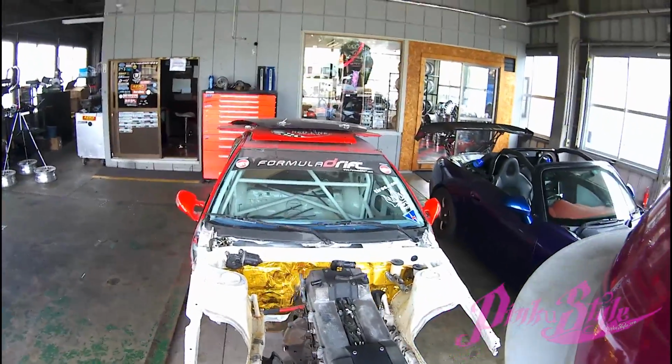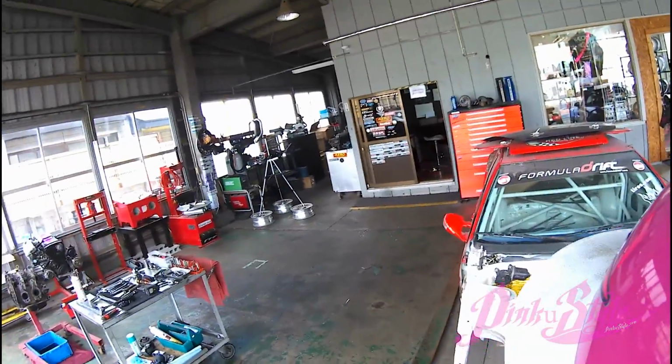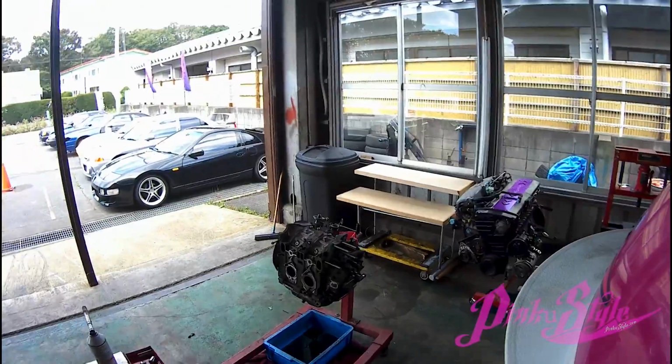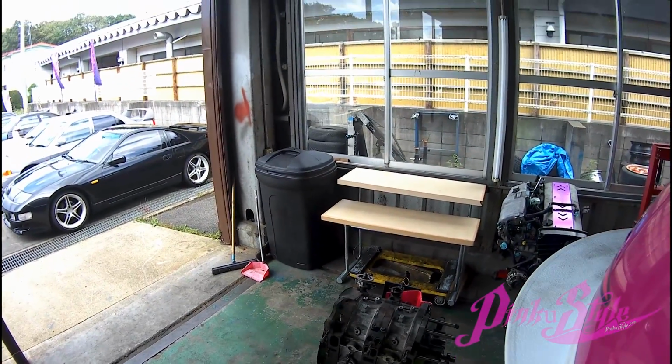So pretty much I'm getting the better 2J to go in here, going to be with the coil packs and all that stuff like that. So just coming over here to my little workshop. I'm in the process of breaking down my first rotary, and just to say really quick on this, you know,